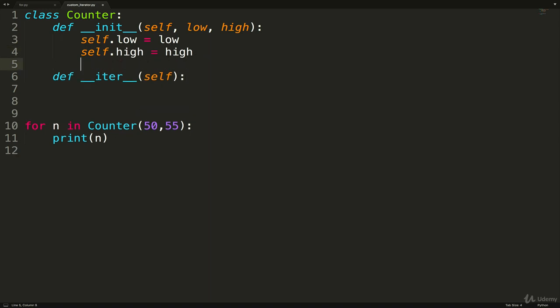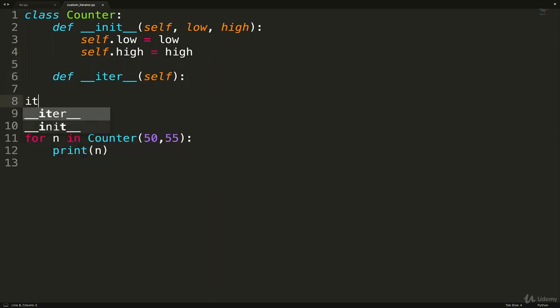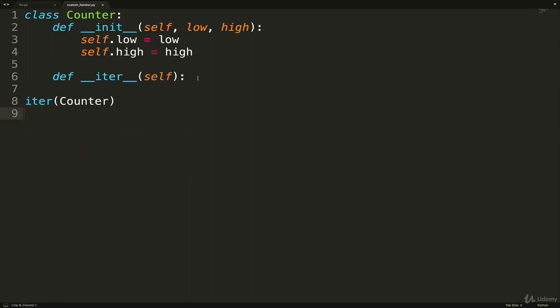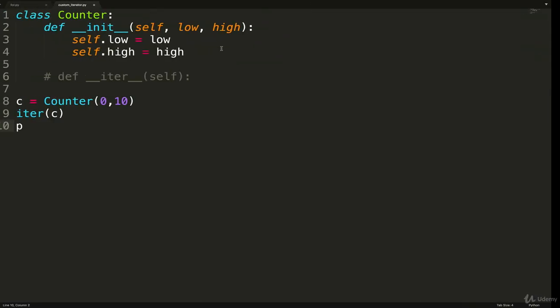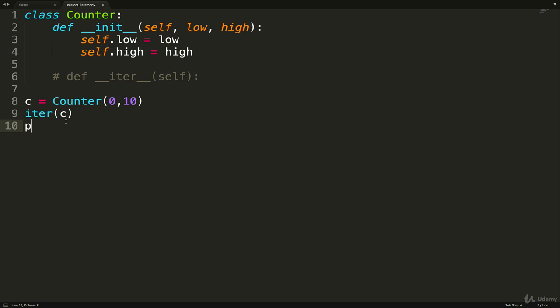Okay. Now the very first thing I could show you, we have to define this def iter method. And whatever I return in here, when we call iter on a counter, which is what this for loop will do, is what will be returned and what needs to be an iterator. So let me just show you, if I comment all of this out right now, and comment this out as well. If I tried to do iter on counter, like I make a new counter, let's just call it C equals counter 0, 10. If I tried to do iter C, it complains to me, counter object is not iterable. It means that for something to be iterable, it has to respond to iter and return an iterator.